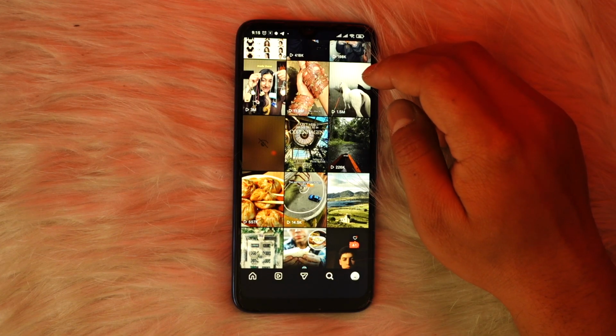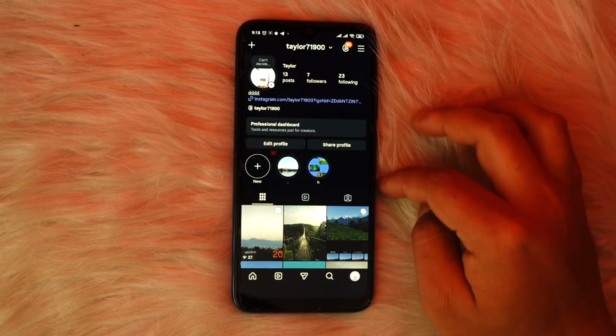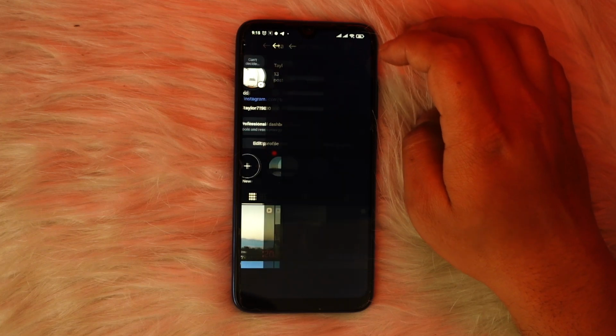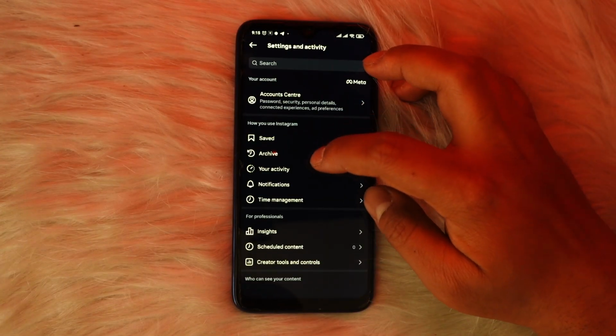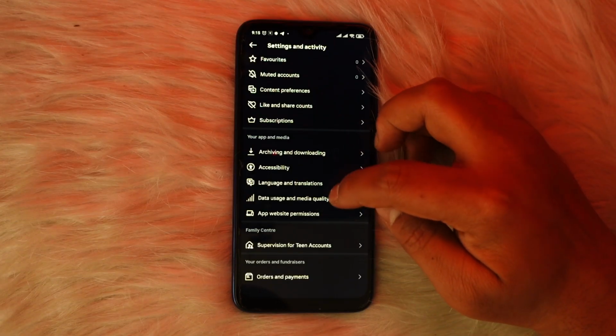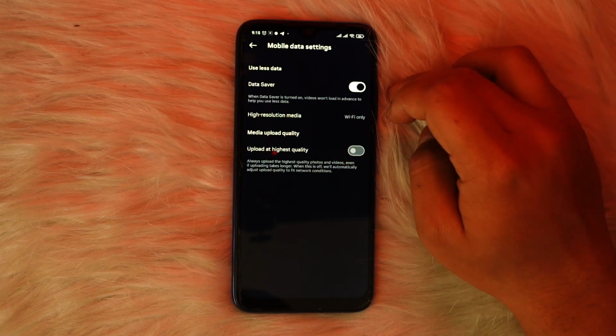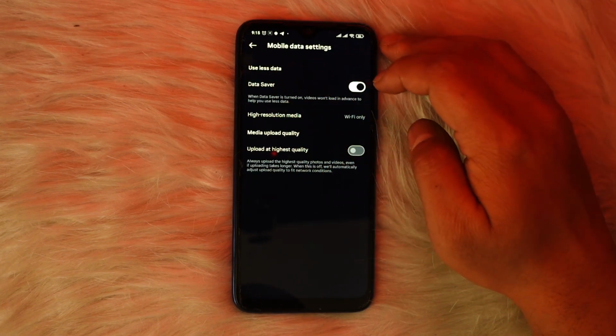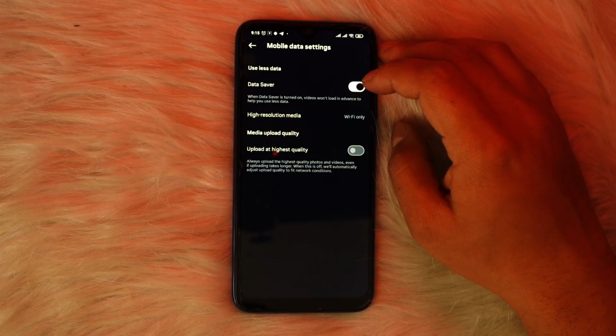is try to see if the data saver is enabled. Head over to your profile section, tap on the three lines on the top right, and then from this section, if you scroll down, under App and media, you'll see the section called Data usage and media quality. Right here, the option which says data saver, if this option is turned on for you, videos will not load